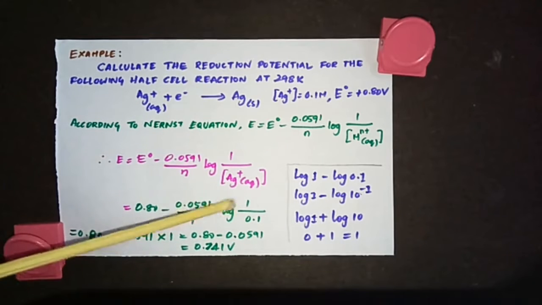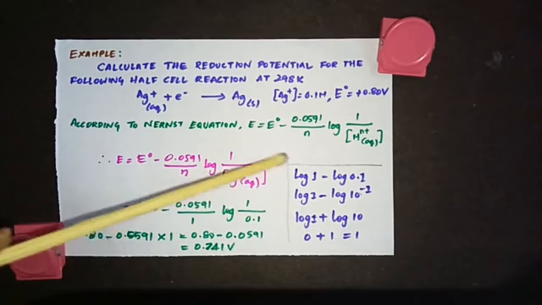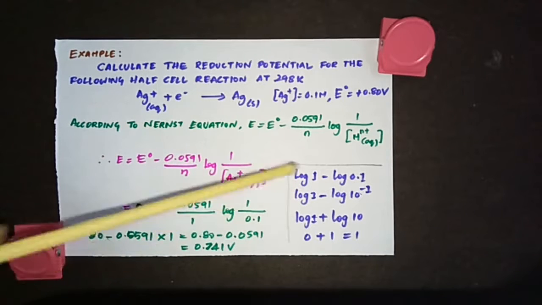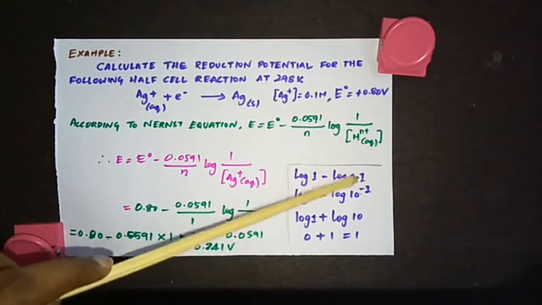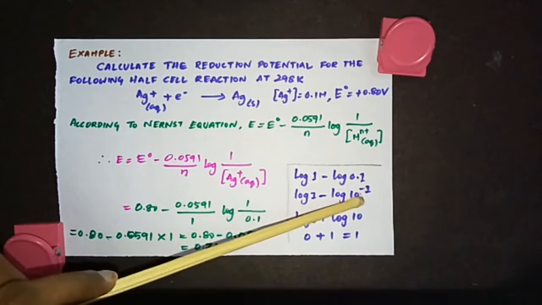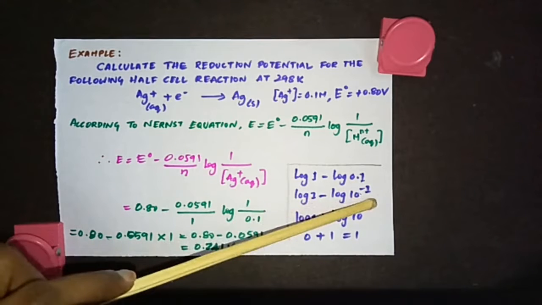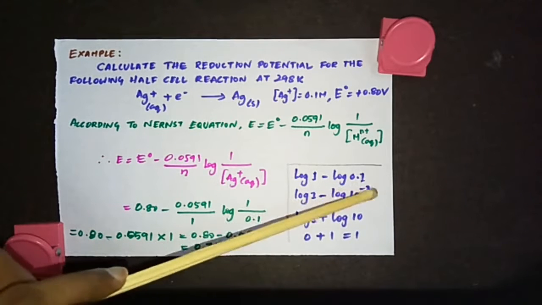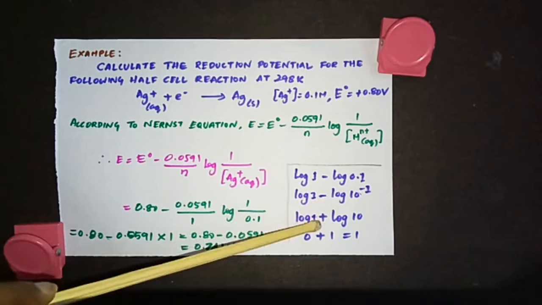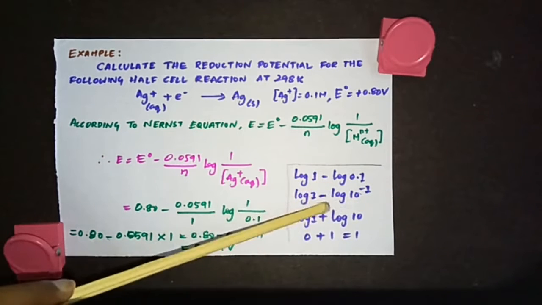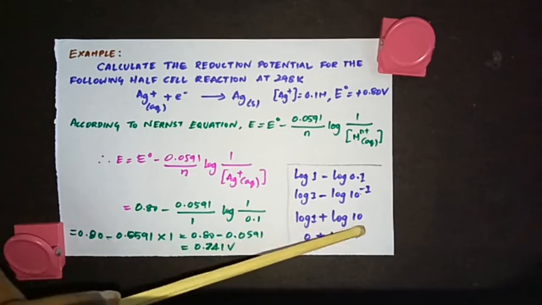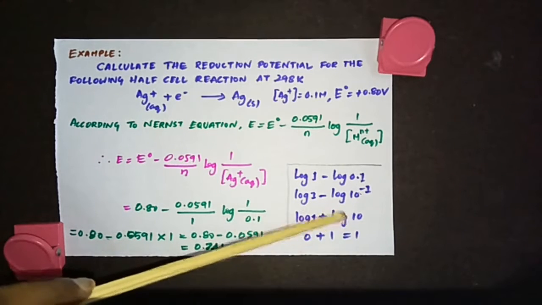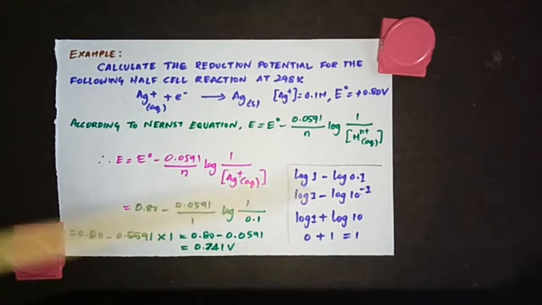Now here it is log 1 divided by 0.1. When it is division, when you apply log, you can change it into subtraction. So log 1 minus log 0.1. 0.1 is 1 by 10, which can be written as 10 power minus 1. So log 1 minus log 10 power minus 1. And you know, for applying log, when there is a power, you can multiply it here. So log 1 minus minus log 10. Minus into minus becomes plus. So log 1 plus log 10. Log 1 value is 0. Log 10 value is 1, which will be equal to 1. So you're putting 1 here.